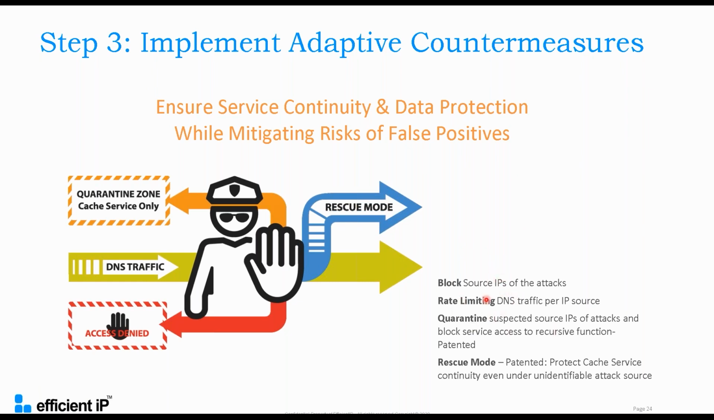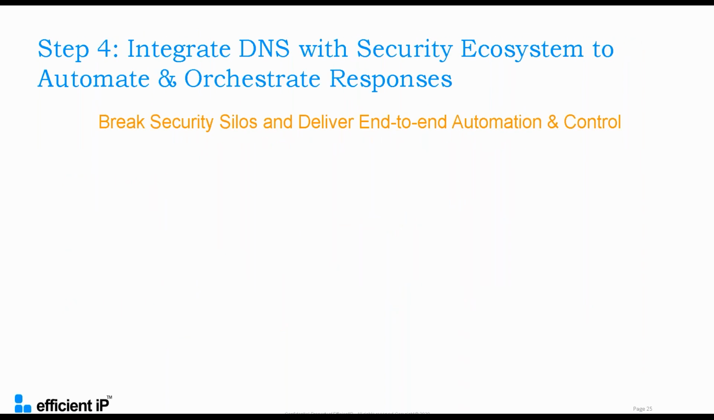So block is just a simple block, just drops all traffic. Rate limiting can be applied to normal traffic if it needs to be slowed down, regulated, held back. Quarantine keeps people stuck to the cache, so no recursion. And then rescue mode is a whole suite of features aimed at ensuring business continuity and protecting you against false positives, because we know that false positives within this arena are notoriously difficult to sidestep and avoid, especially with traditional